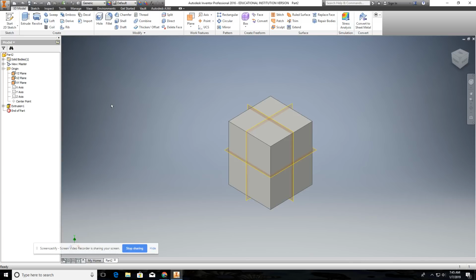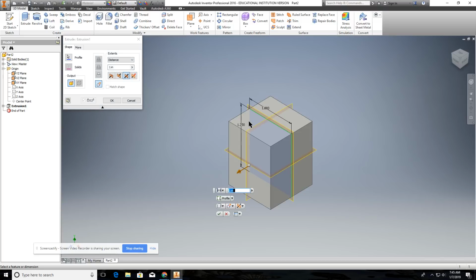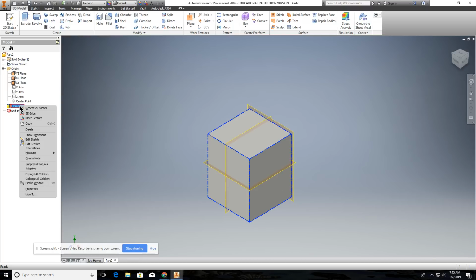Okay. Let's say we want to extrude this at a different distance. So if we just select any part of this, okay, we could edit the extrusion. So we're back to this again. And let's say we want to change it to direction 1. We can do that. Okay. So you can go back and change all this information at any point in time. You can edit the sketch. Okay. I can create a new sketch, which we'll get into here in a little bit. Edit extrusion. Now the other thing that we can do is come over here and right mouse click and